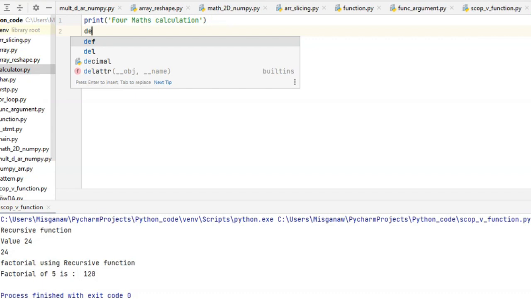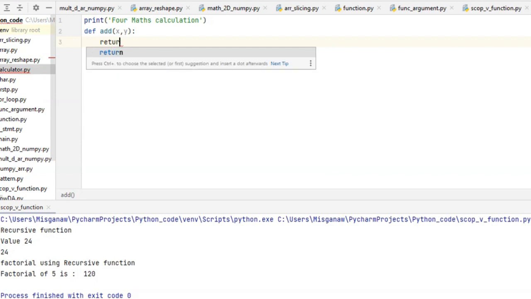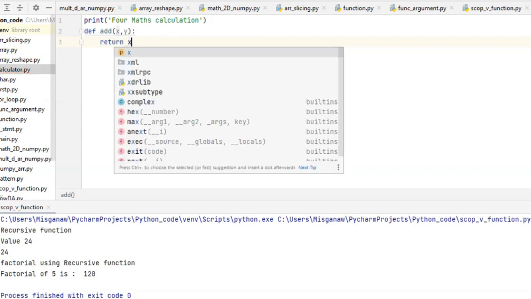Let me define a function to add two numbers, x and y. So we can make it return x plus y.